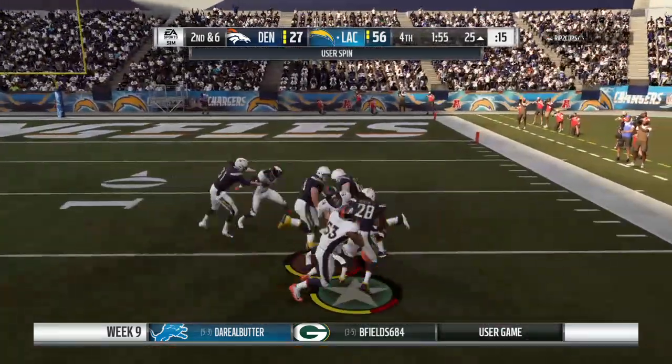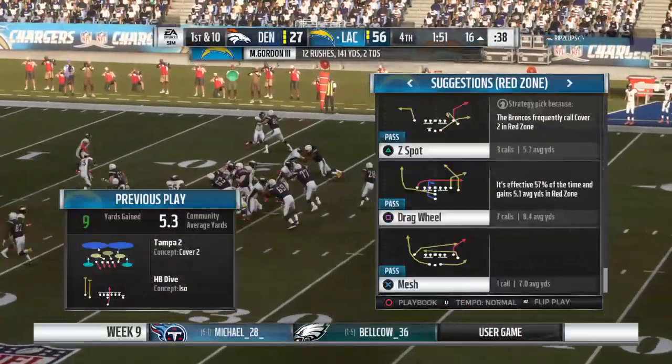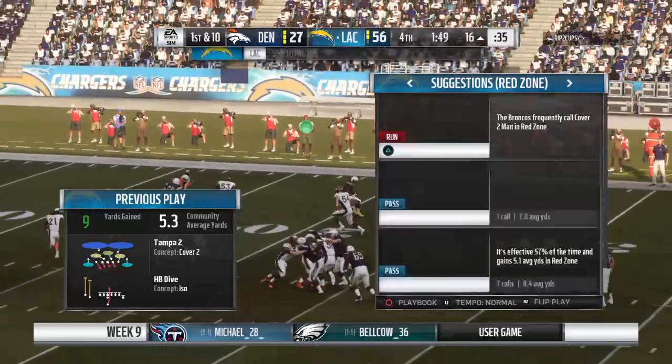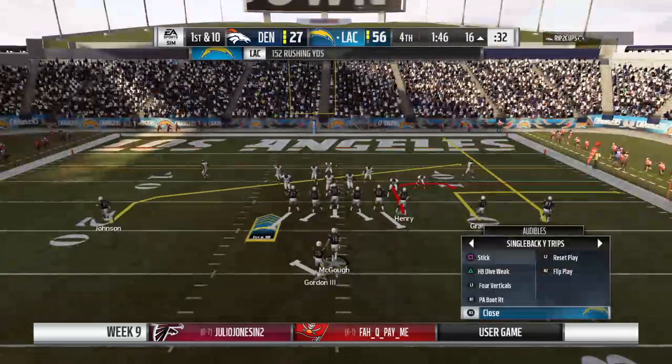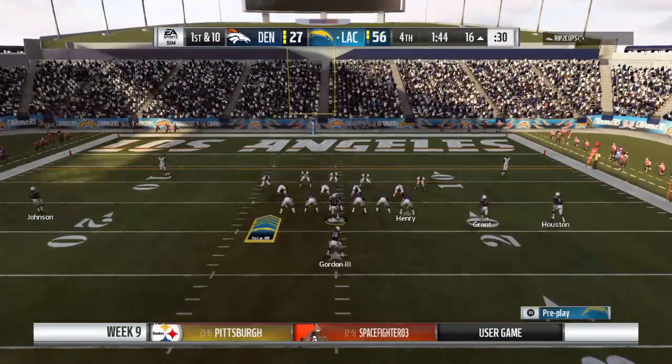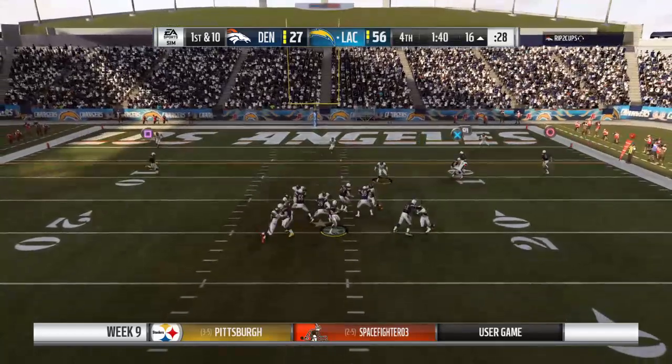Oh, and now he bowls him over. And he'll take it down here just shy of the 15 at the 16-yard line. They get 9 out of that one, and as a result, the drive continues. He's still rumbling, isn't he? Still looking fresh in this one despite the heavy workload. But you and I both know, well-conditioned, and he did tell us that he thrives on being at his...